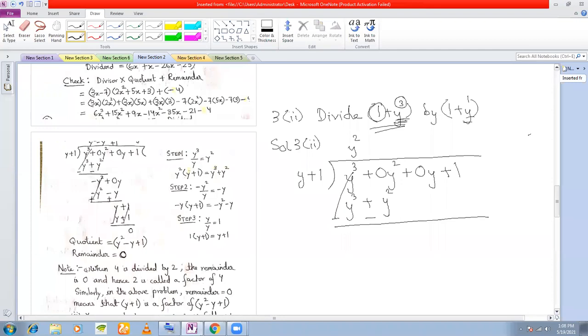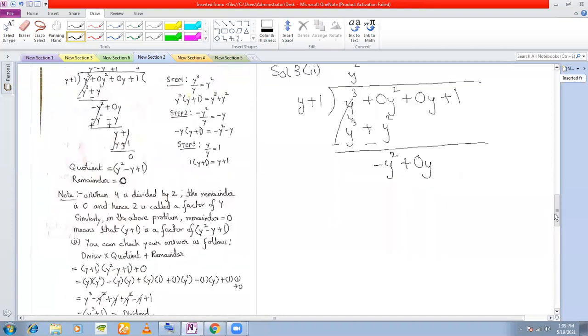Cancels. Now you have 0 minus y square. How much is 0 minus y square? Both will be cancelled. 0 minus y square is minus y square, isn't it? So that is what we are getting here. We are getting 0 into y square minus y square, which is simply minus y square, right? And you cannot bring down this y here, so you leave it as it is. Or you can bring it down, no problem. 0 into y, you bring it down.